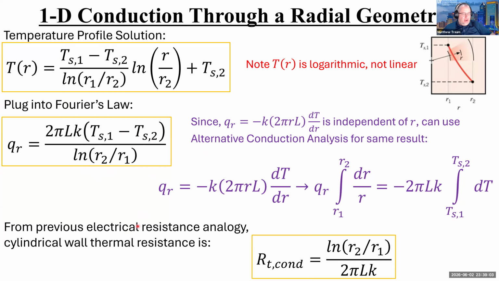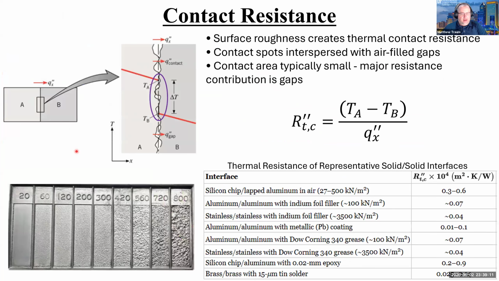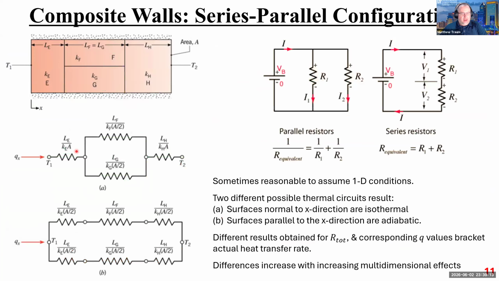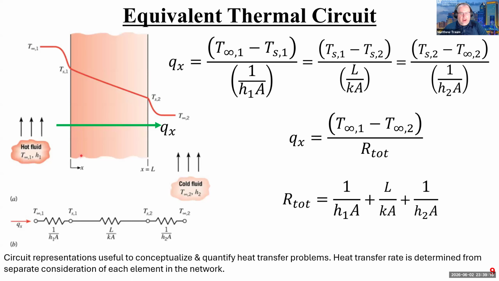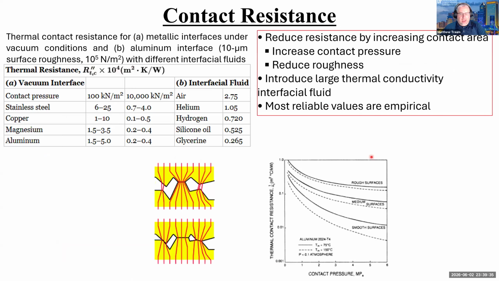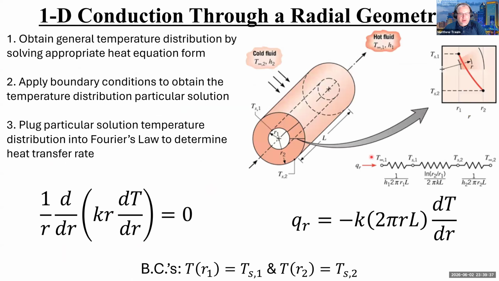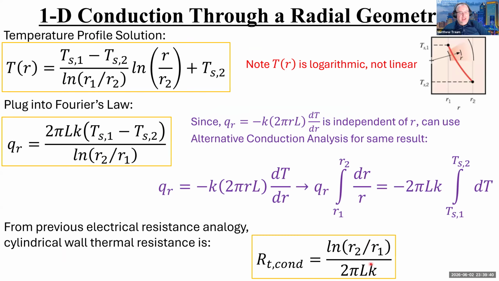The other thing that I want you to recognize is if you look at this equation, it looks just like, if we go back somewhere, it looks just like this, right? So I've got a Q, I've got a temperature difference, and I've got some combination of other variables that are important to the geometry of that particular problem, just sitting either below in the denominator or in front, right? So let's go back here. And what that implies is